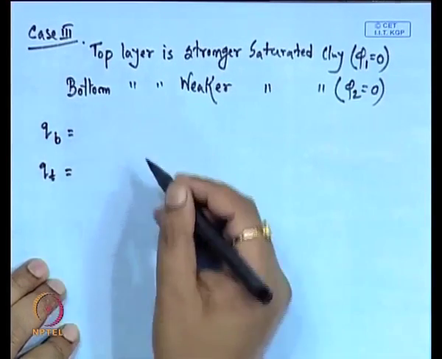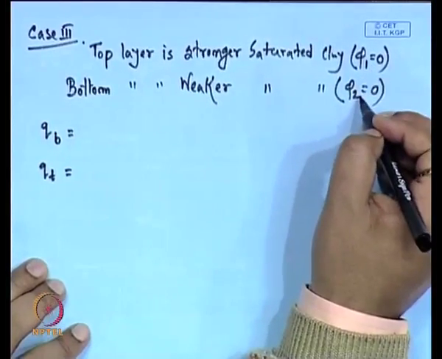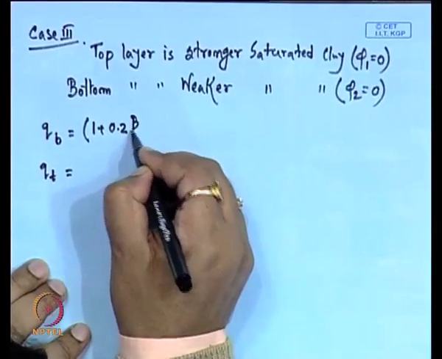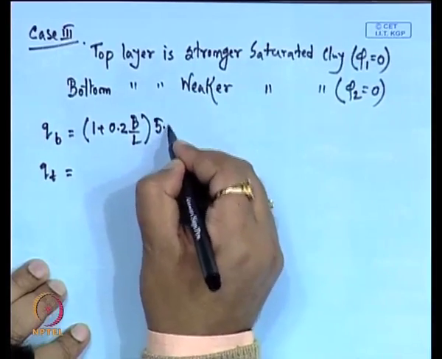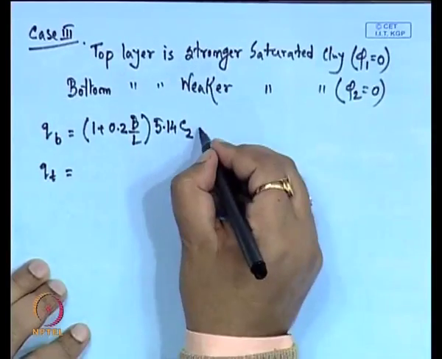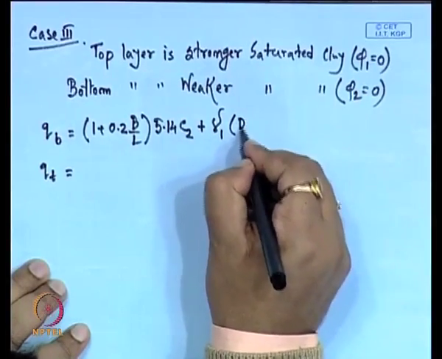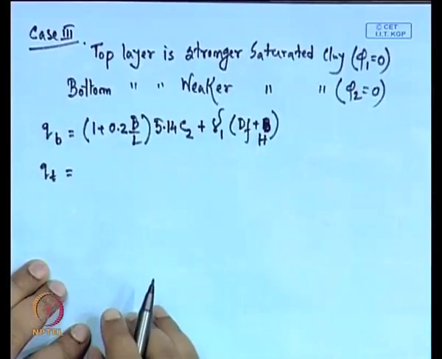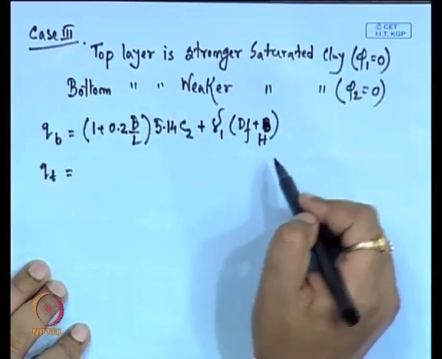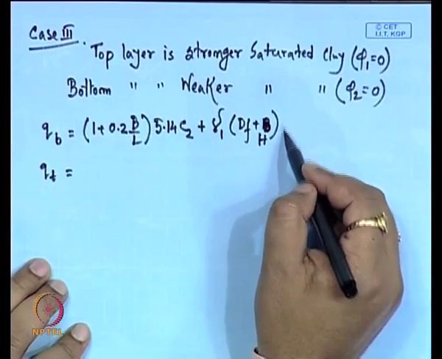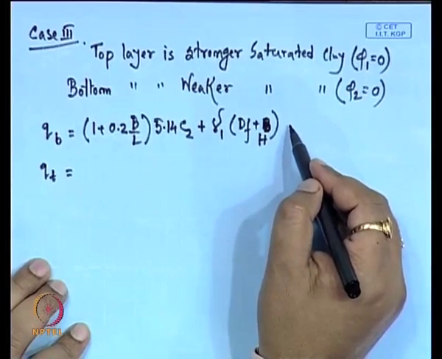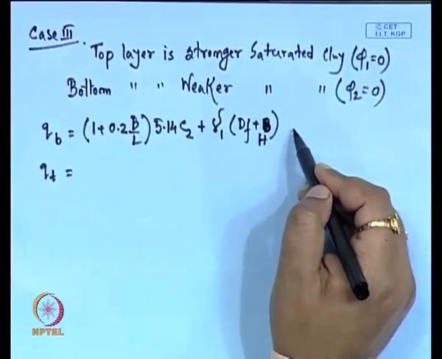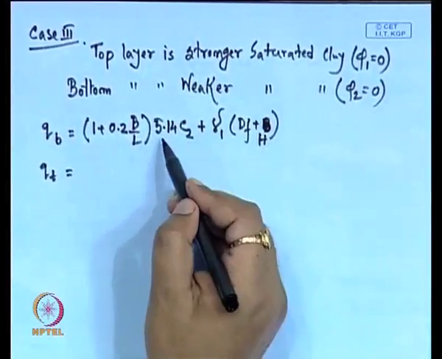So, Q B, as phi 1 phi 2 is 0, so this part is 1 plus 0.2 B by L into 5.14 C 2 plus gamma 1 into D F plus H. Sorry, this is H. So, gamma 1 D F plus H, because this term in gamma 2 will be 1, and as phi 2 is 0, that in Q 2 is 1 and in gamma 2 is 0, and here in C